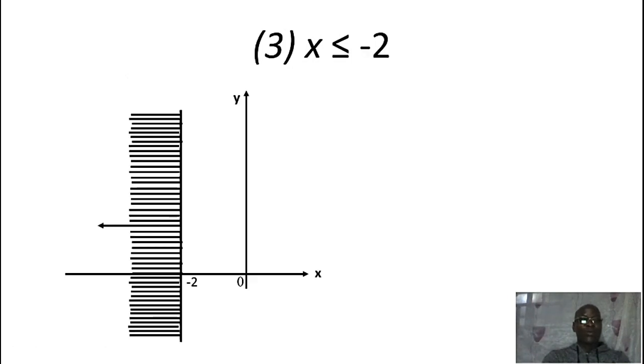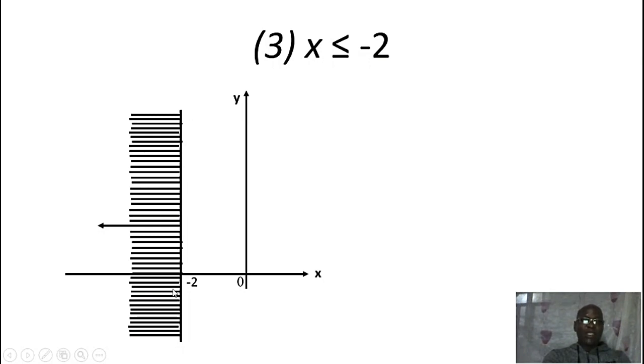So we continue. The third one. This one is not a strict inequality. It is less than or equal to. The third one says x is less than or equal to minus 2. So the number we are talking about is minus 2, and it should be on the x-axis because we are saying x is less than. So on the x-axis, we go to where there's minus 2, draw the vertical line, but because there's a sign of equality, the line has to be a continuous line and not a dotted line.